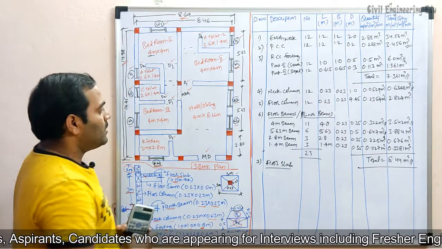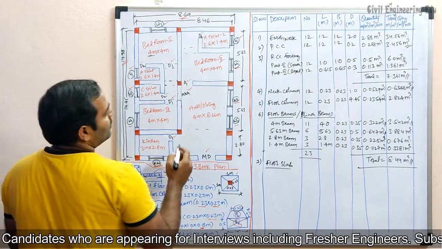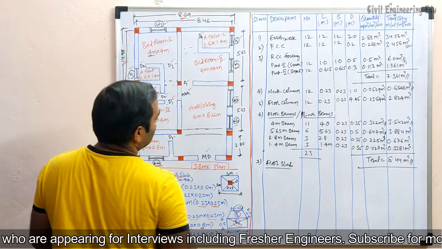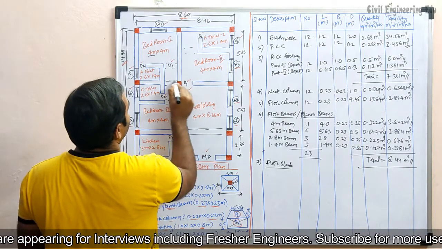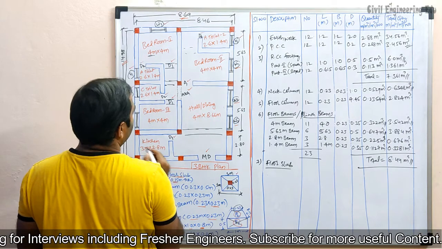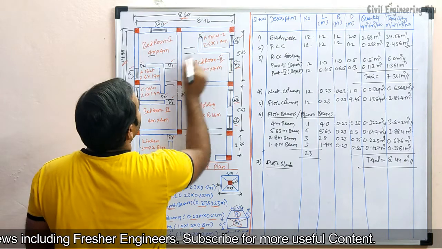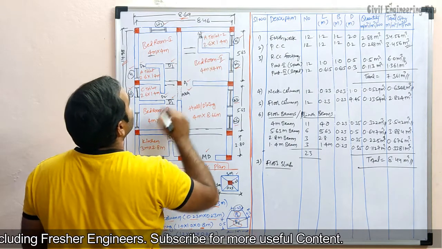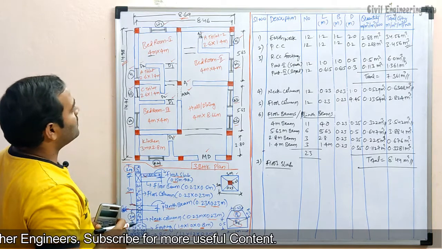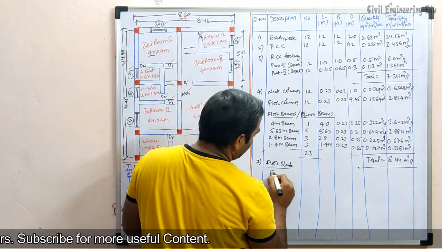Floor beams or plinth beams is over. Now coming to floor slab. As I told you, here one beam is running, here one beam is running, here one beam is running, and here one beam is running. So these are all beams. So here also. Based on this, we have to calculate the number of floor slabs.